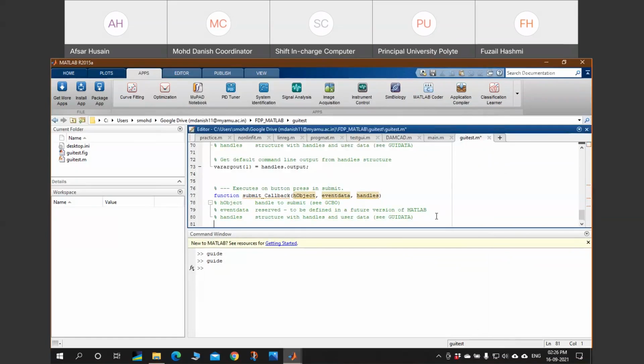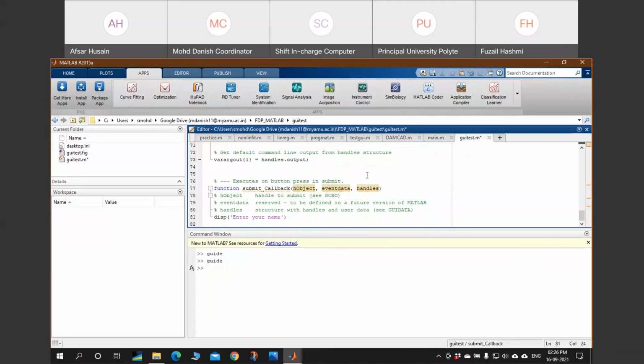Suppose, to make it a simple example, I just write a simple display command, enter your name. I have provided the display command. To make it simple, I am just taking a simple example so that it will be easy to understand. I'm not providing complex commands and complex loops, just simple commands.